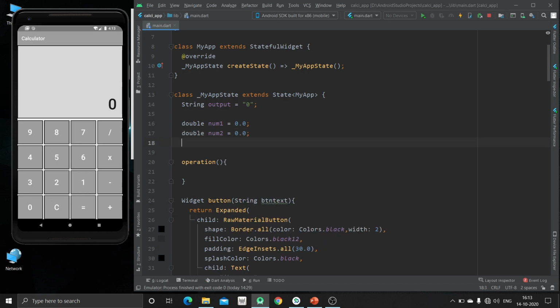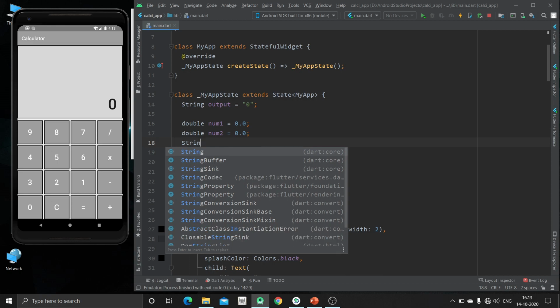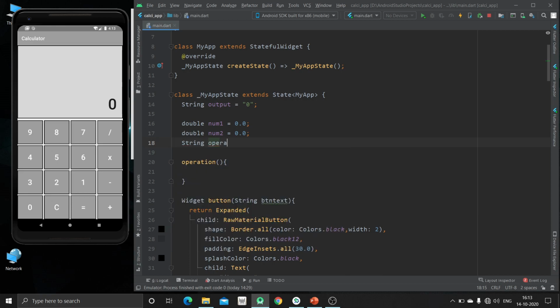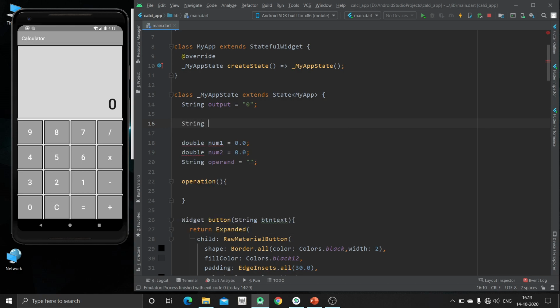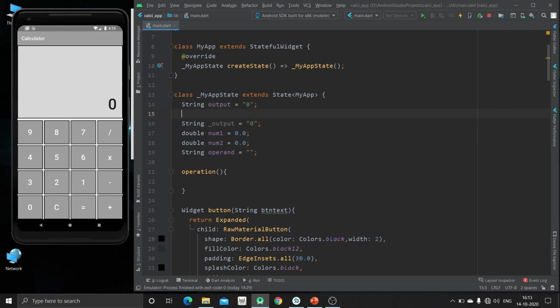Now one string variable to store the operand, initially it will be null, and one more variable for the intermediate values, and it will also be 0 initially. So these are our 5 variables which we are going to use.